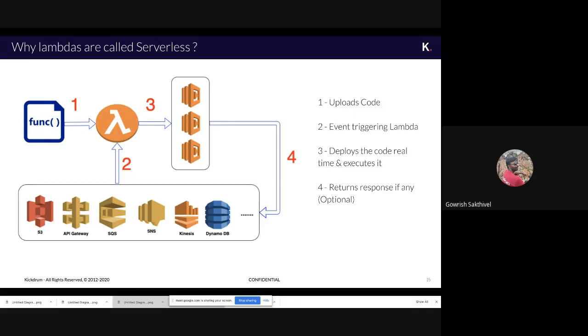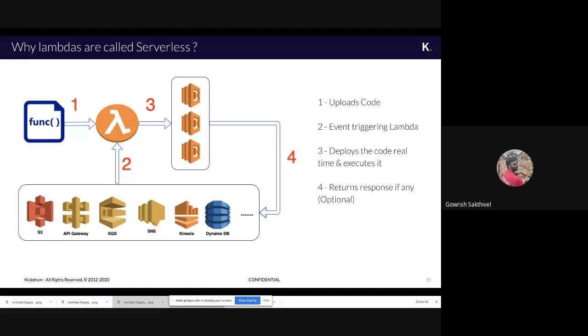Now, why do I need to spend so much if there are only two requests coming in? If only minimal requests are coming in, why do I need to run this the whole time? So what AWS provides is a way to just submit the code to the AWS Lambda service, and this Lambda service would